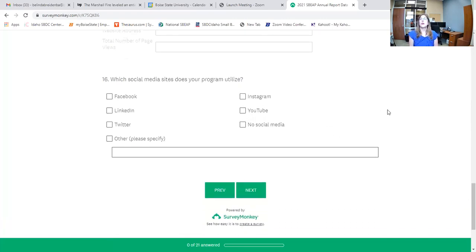And then social media. We've got quite a few platforms listed here. Click all that apply. And then if you have a different platform under other, please type in what it is. We found out a few years ago that quite a few programs were using Instagram, and so we added that